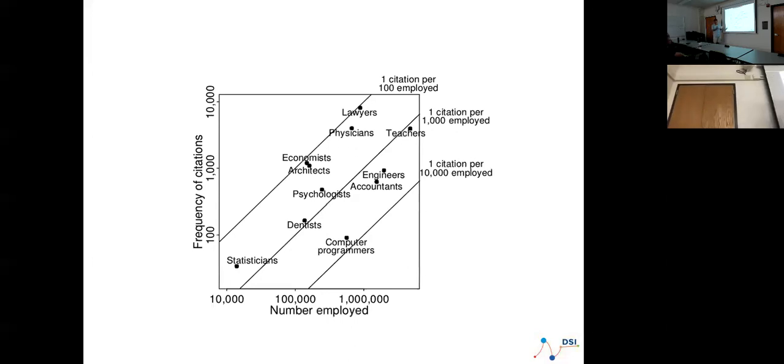That's good. There are very few professions, so we can just annotate the points. We don't usually do this, partially because we run out of real estate. Nowadays we can put tooltips so we can hover over these things and pull up all sorts of other things. It doesn't work so well on a printed paper. This is the issue of the medium that you have to worry about. If I'm going to put this in a paper, I've got to think way harder as to how to get that extra information on.